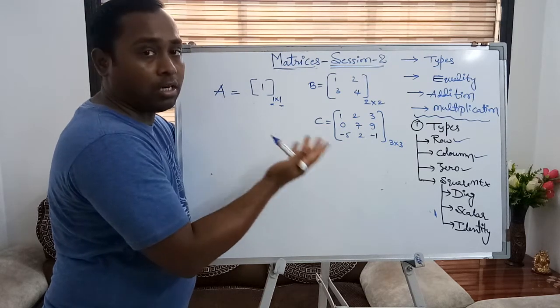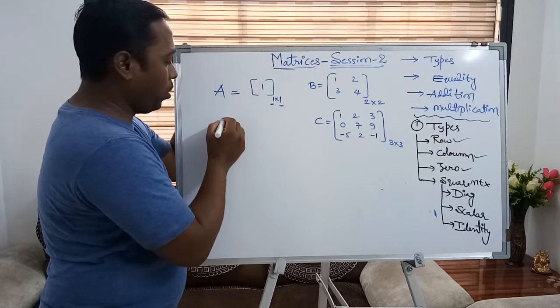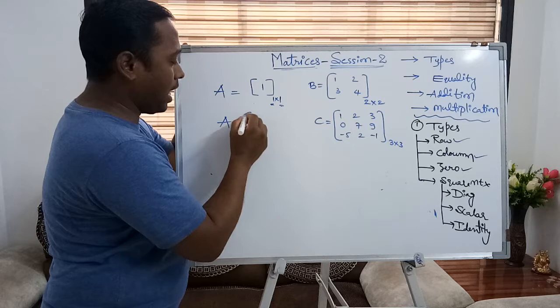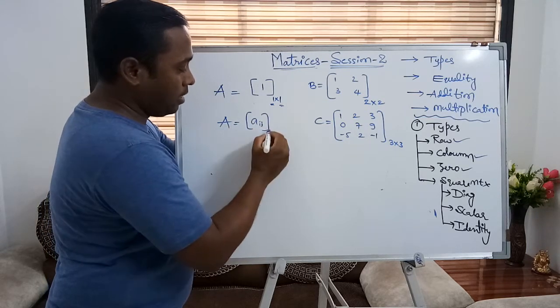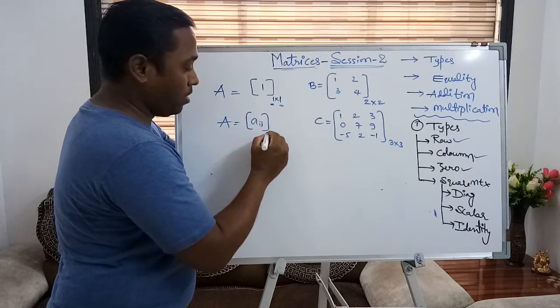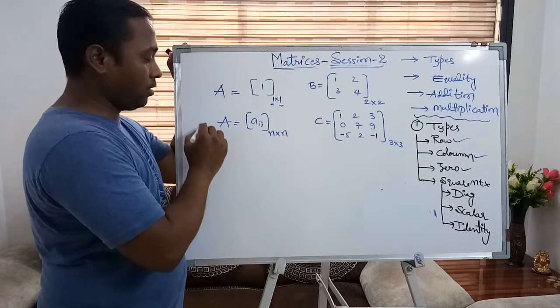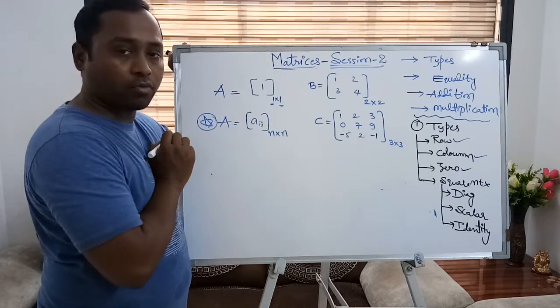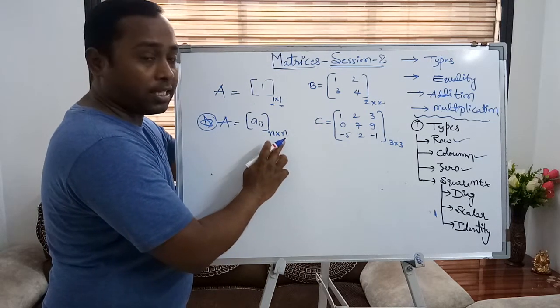जितने rows होंगे उतने ही columns होंगे. So now I can simply write the symbolic form of the square matrix as Aij element, where the number of rows and columns are the same. So it may be represented by n by n. This is a symbolic representation of a square matrix where the number of rows and columns are the same.